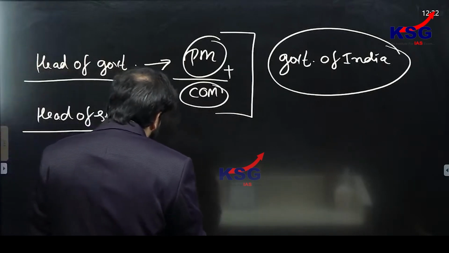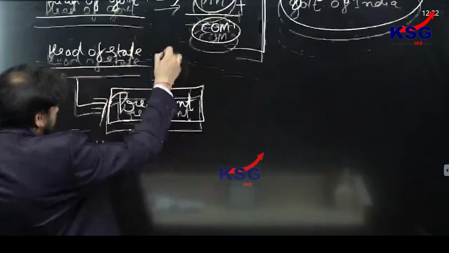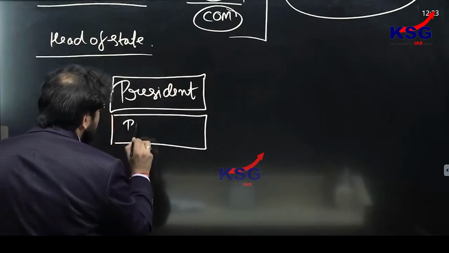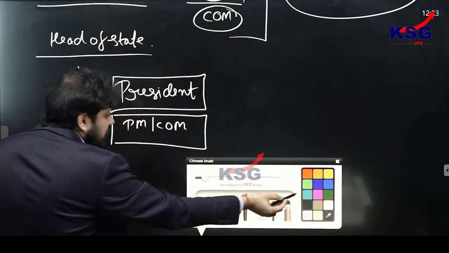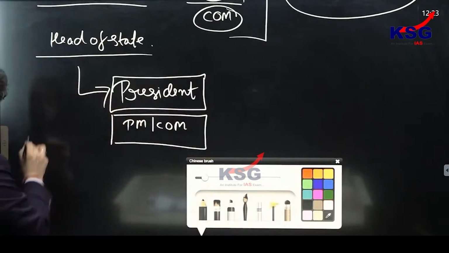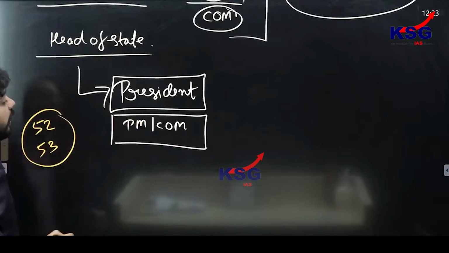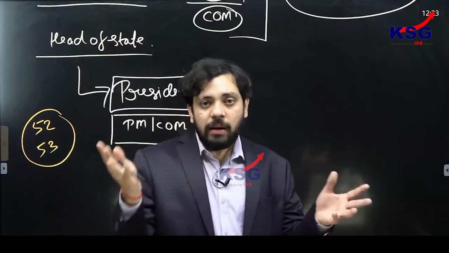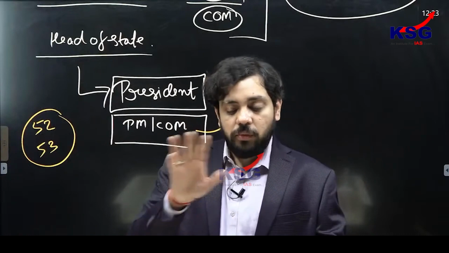The way that the Indian polity is organized is that there is the President who is at the head of the state, and then there is the Prime Minister along with the Council of Ministers. Okay, and the President under Article 52 and Article 53 of the Constitution works on the aid and advice of the Prime Minister and Council of Ministers. ठीक है, तो इसका मतलब आप अपनी पॉलिटी के लेक्चर से याद कर सकते हैं कि जो what we basically say is that